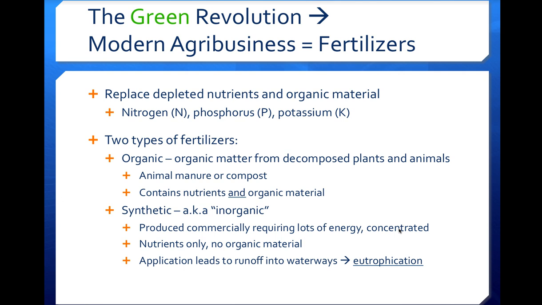Now, if you remember, eutrophication is a big word that means good food. The only problem is it's good food in the short term, but in the long term it leads to fish kills and the depletion of dissolved oxygen in the water. So as the nutrients like the nitrogen, phosphorus, and potassium enter the waterway,